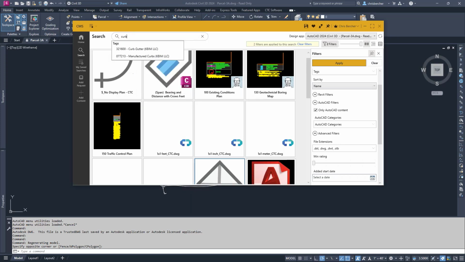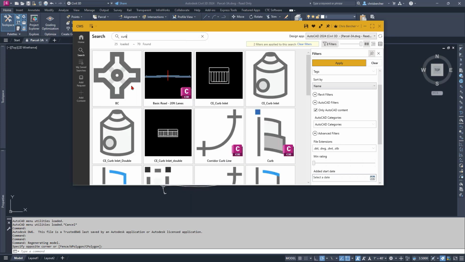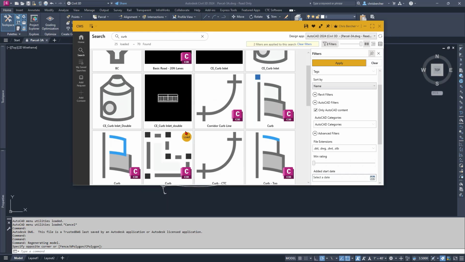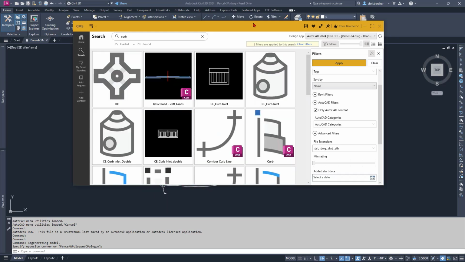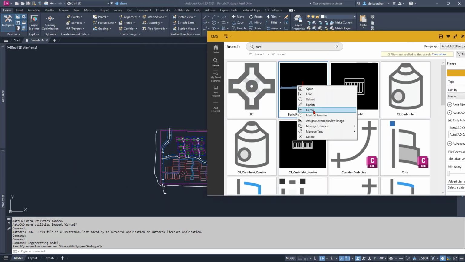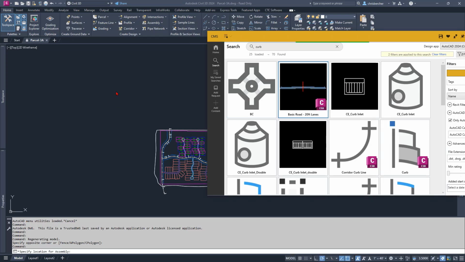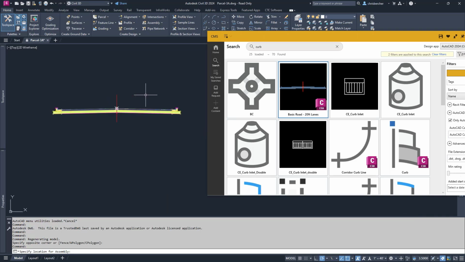So I'm going to search for curb right now, and I get a bunch of curb based styles, but I also get some assemblies and sub-assemblies and other details and blocks to choose from. Now, where the benefit of this comes into play is if I just right click and load this into my civil project here,